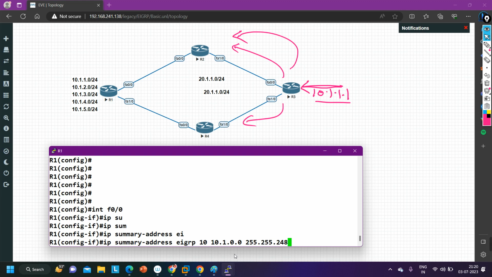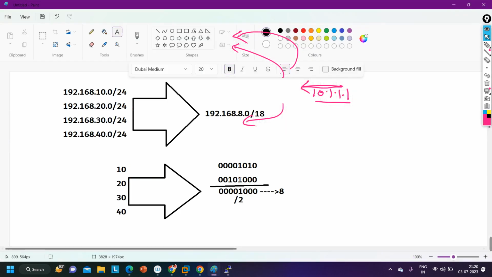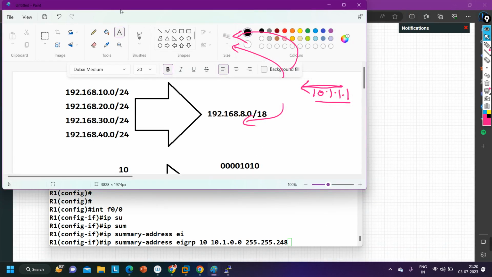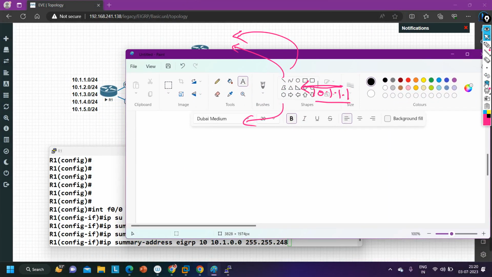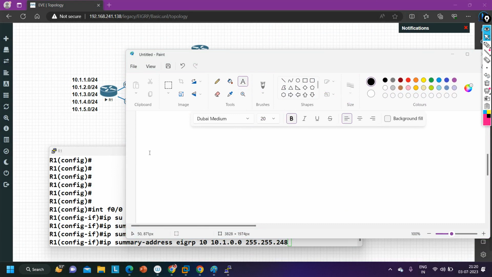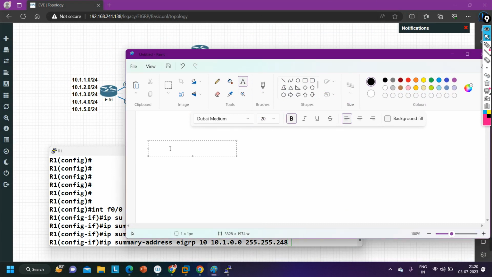How? No, sir, 252. How many bits are common? The binary is very simple. The binary of 1 is 001, and the binary of 5 is 101.